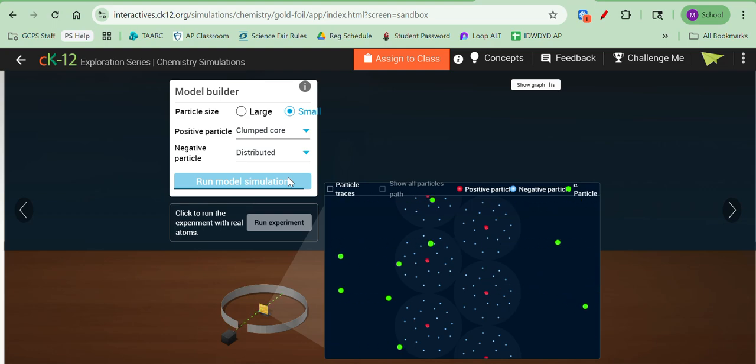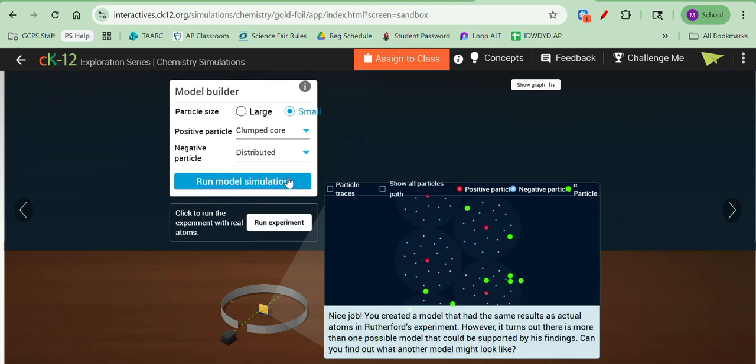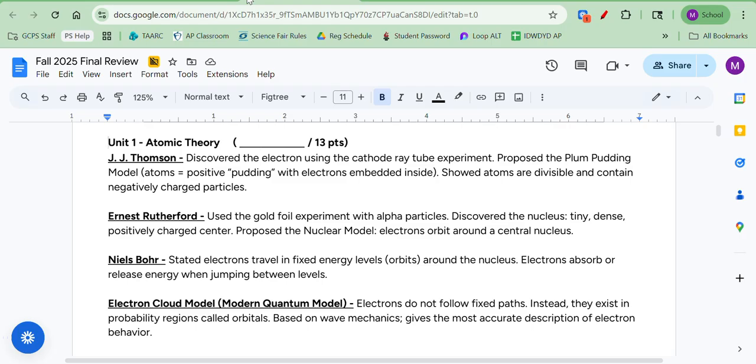So two big discoveries or contributions from Rutherford. One, he changed that the atom was actually empty space. And two, he changed that the positive jelly wasn't everywhere, it was actually in the middle, and he called it the nucleus, which means that he made a new model called the nuclear model. He still believed that the electrons were in the atom, but they were just surrounding the nucleus in some way,